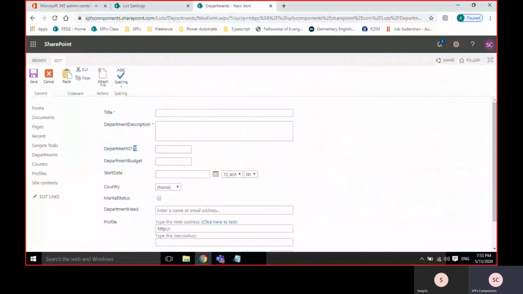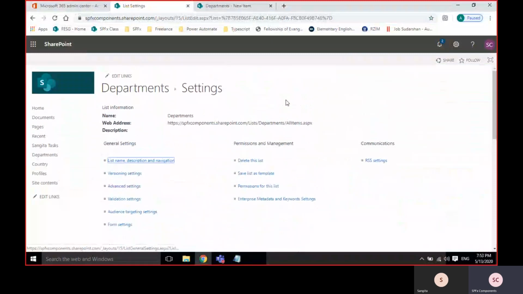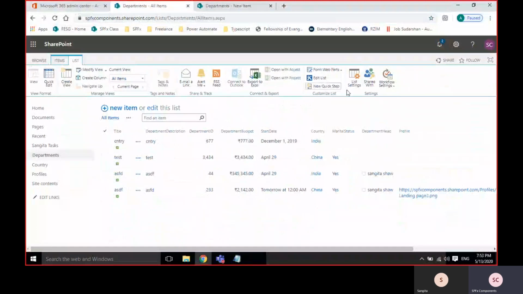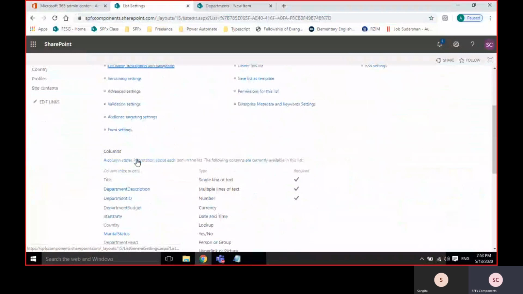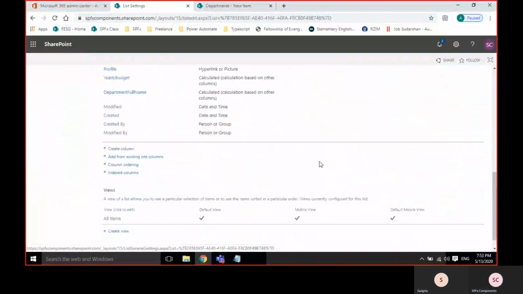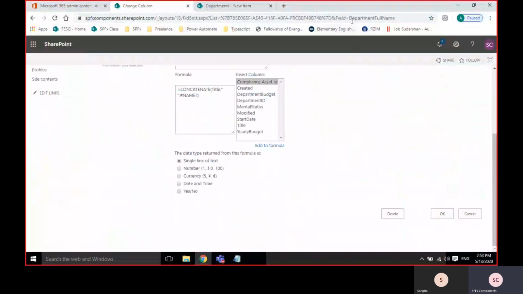Required means a star; department ID has a star now. Basically you just need to come to list settings. For example, you are in the departments, go back to the ribbon, click on list settings, and you will see all the columns here, and you can edit the column or delete whatever you want. See, the ID is without space. Click OK.